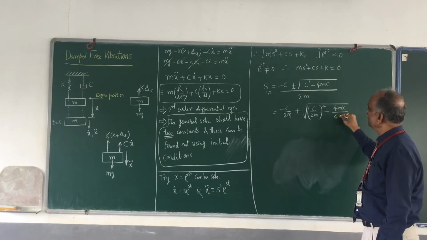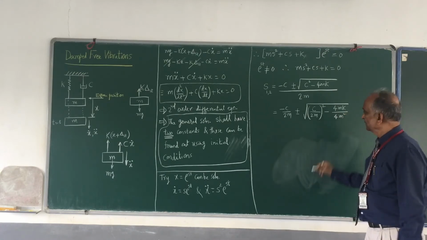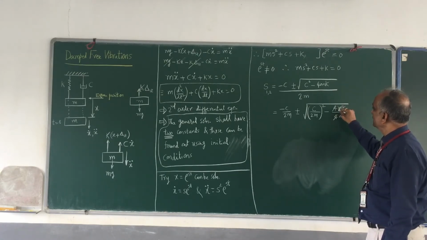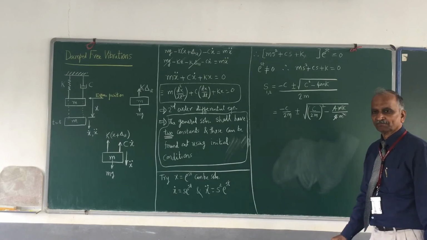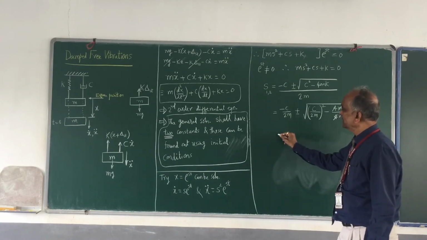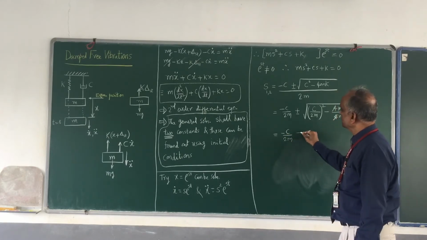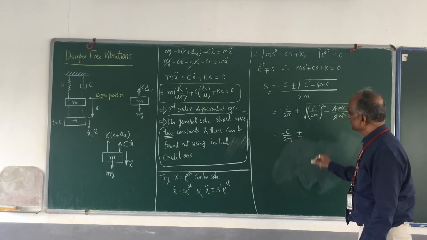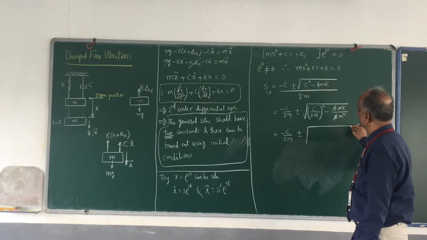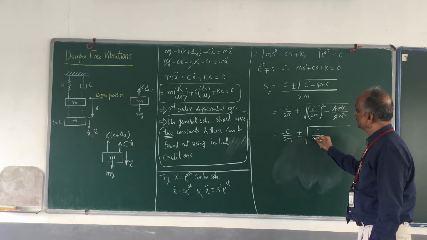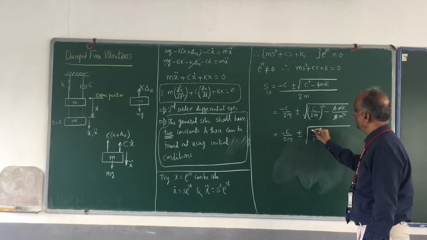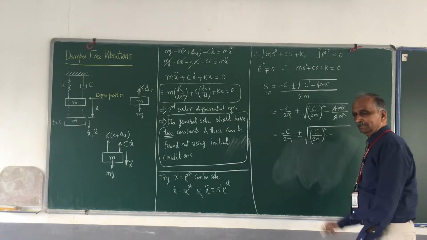That is nothing but 4m square, so 4 cancels, 1m can cancel. So this I shall rewrite. This is equal to minus c upon 2m plus or minus square root of c upon 2m whole square minus